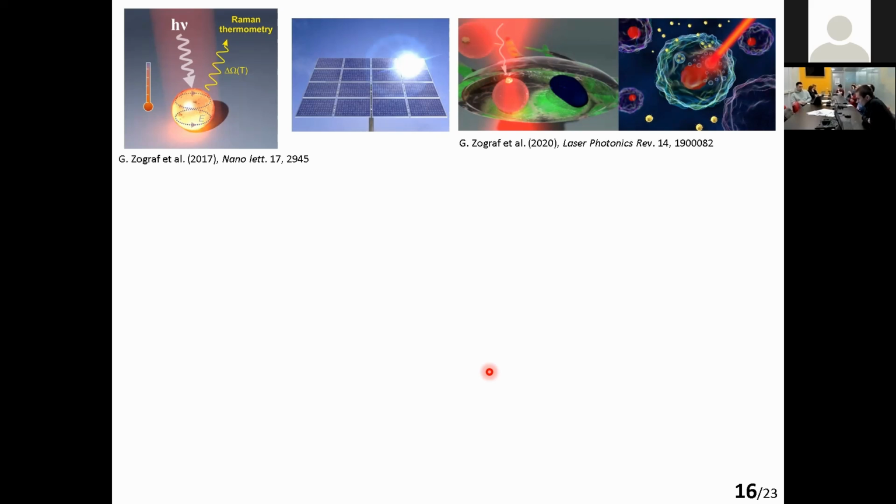For example, for realization of effective photothermal converters, hyperthermia of oncological diseases, and controlled pyrolysis. So in this regard, we investigated the possibility of increasing